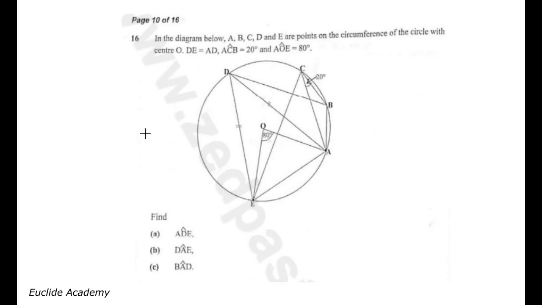It was from Paper 1, and the question said: in the diagram below, A, B, C, D, and E are points on the circumference of the circle with center O. DE is equal to AD, angle ACB is equal to 20 degrees, and angle AOE is equal to 80 degrees. So definitely, as we can see, this question is on